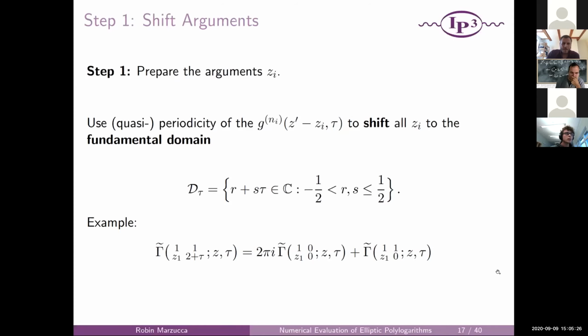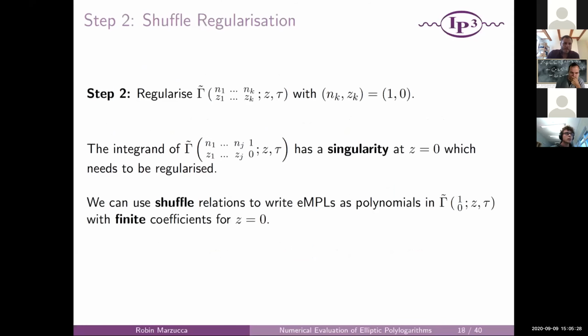Okay, so that was step one. Now, step two is to regularize the EMPLs, which have 1, 0 as their last argument in here. Because, of course, these will formally diverge. They have a singularity at z equals 0, so at the starting point of the integration, which we don't want. We've also seen this in talks before, so we can regularize these EMPLs using shuffle relations, which